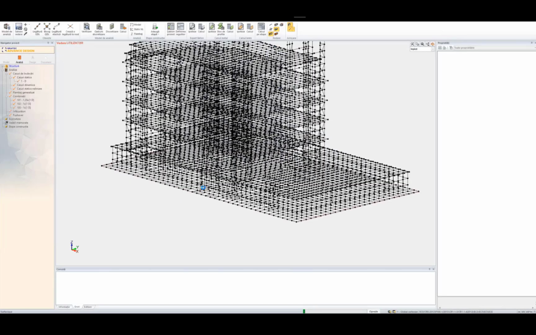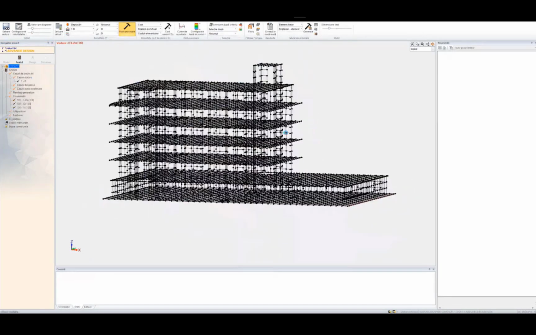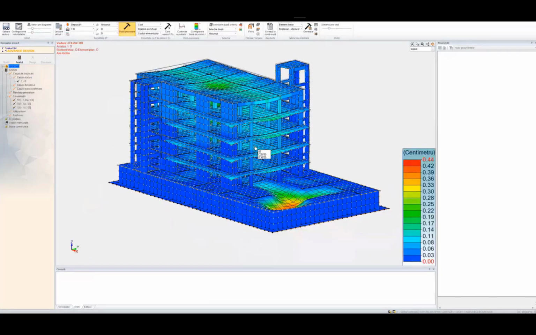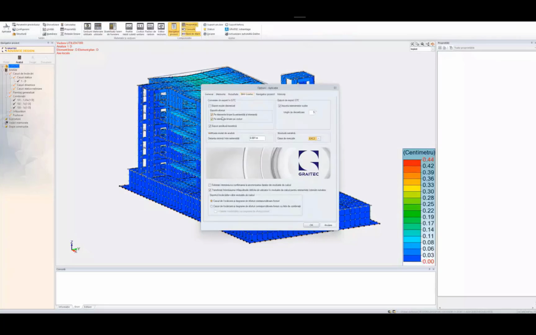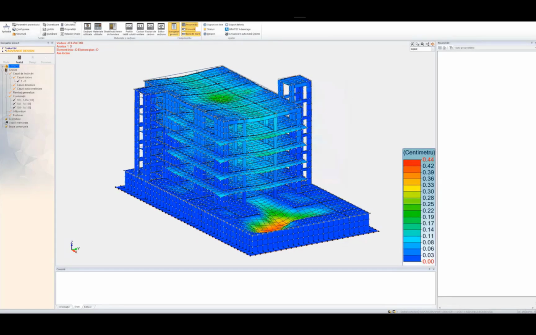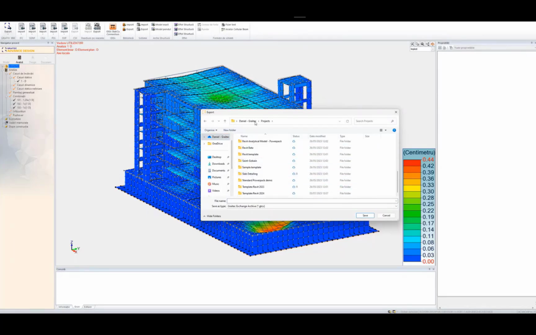What I can do with Advanced Design, plenty of things in terms of analysis: steel analysis, concrete analysis, seismic analysis, climatic load generation, and so on. Here I run just a quick gravity calculation, and based on that, Advanced Design can generate some results, and we can export all those results or geometrical modifications and synchronize them back into